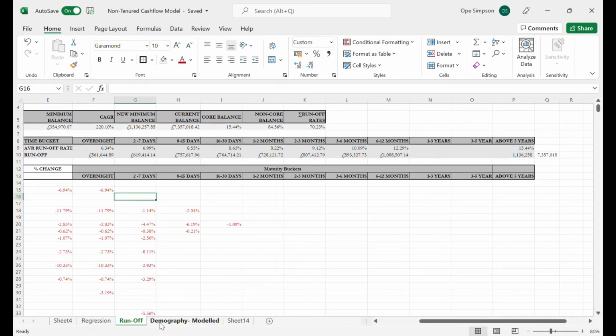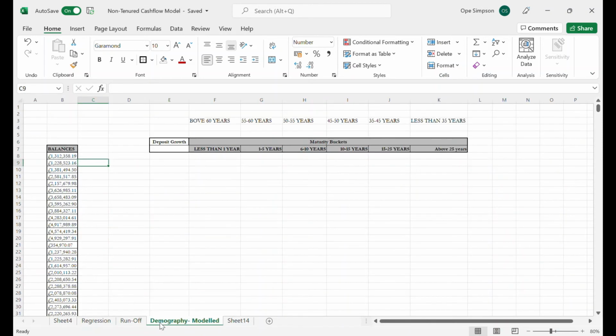Lastly, for the demographic-based allocation, we'll be doing things slightly differently. If you notice, we've reduced the number of time buckets and the time buckets are larger. This is because we're modeling across age ranges instead of over time. While the runoff and the regression were based on charting behavioral patterns of our cash flows over time,